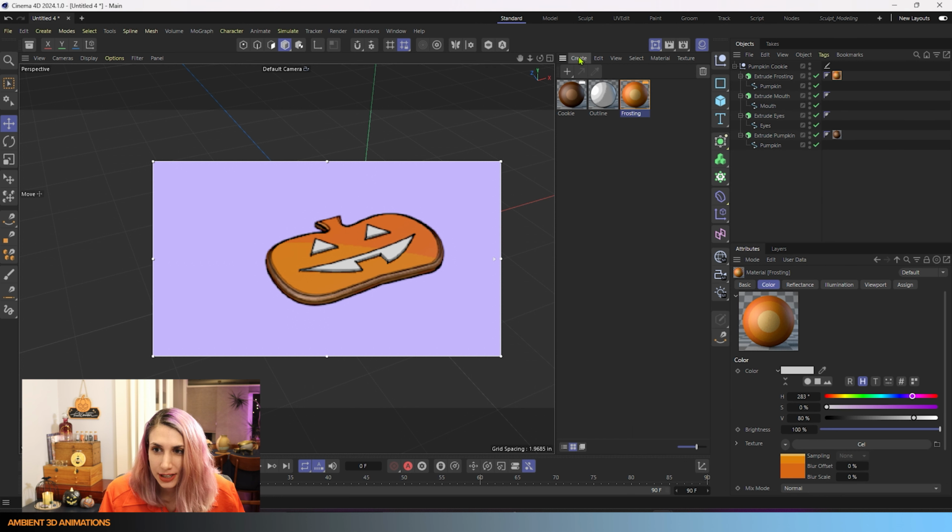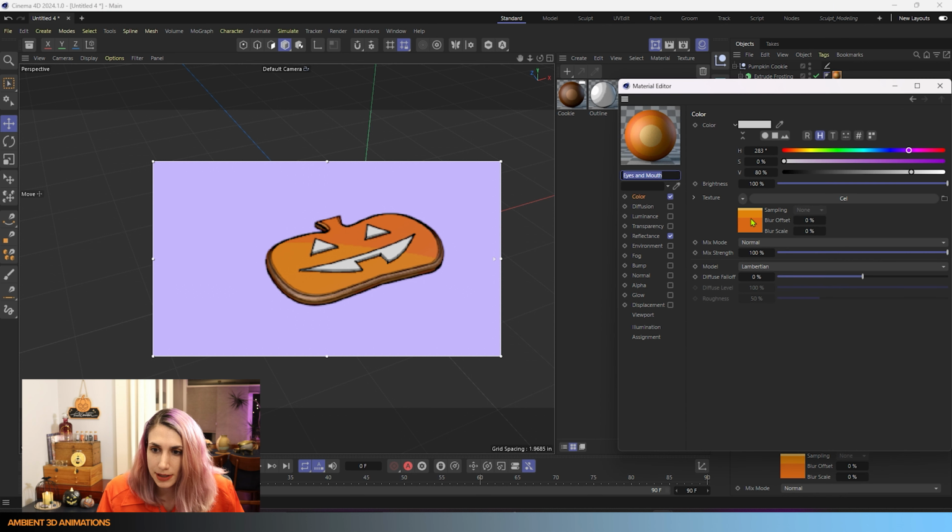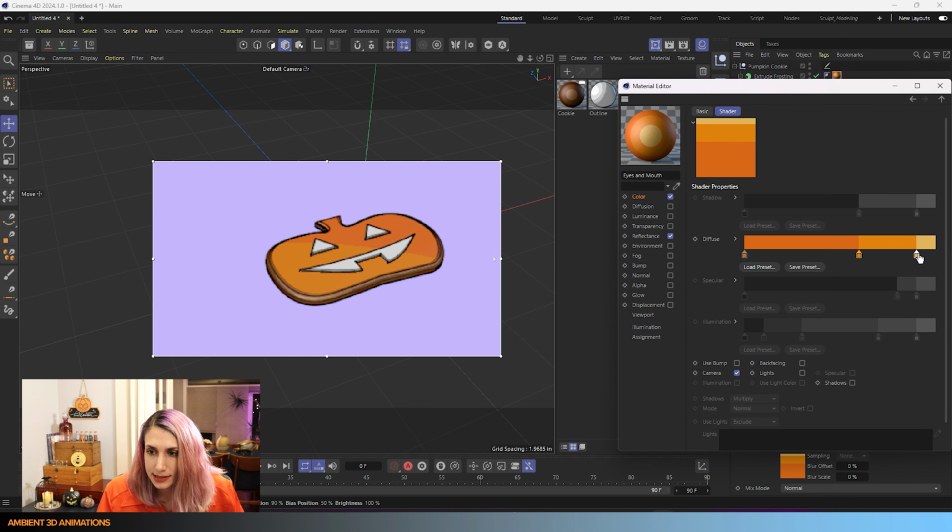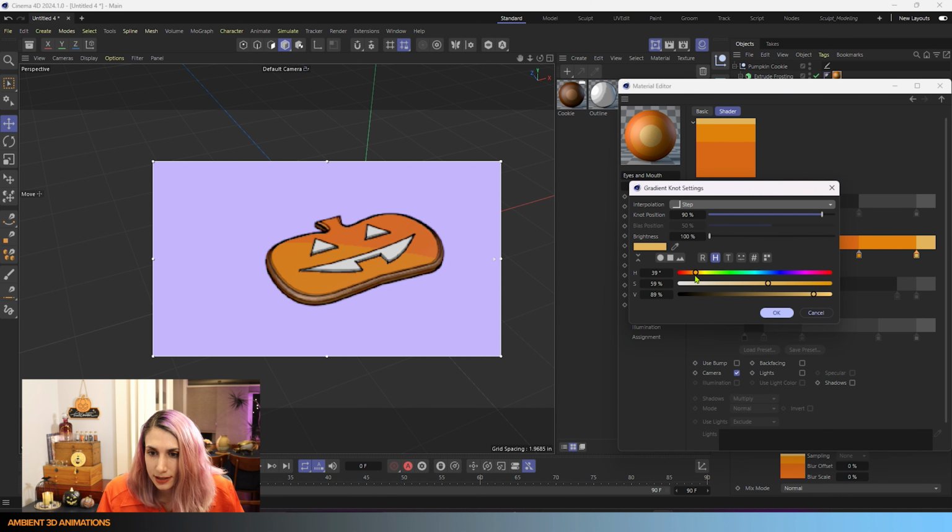Okay, so we have that done now. We're going to copy and paste this over again, and we are going to make the eyes and mouth. Now I want these ones, this color, to be a little bit more vibrant, more yellowy.